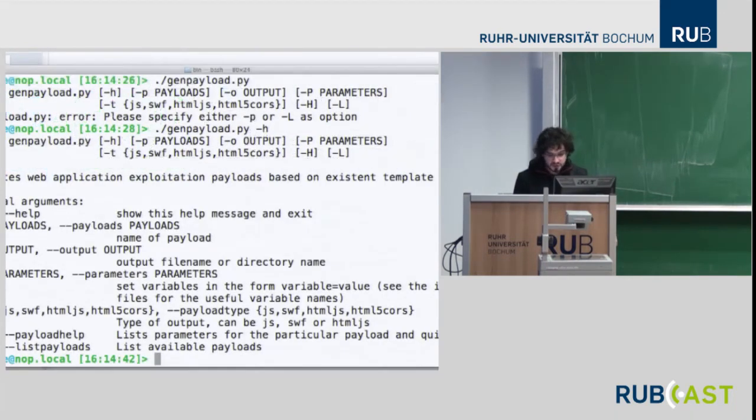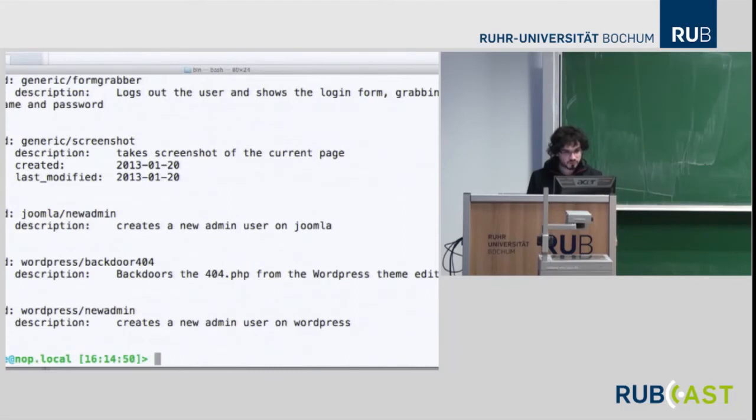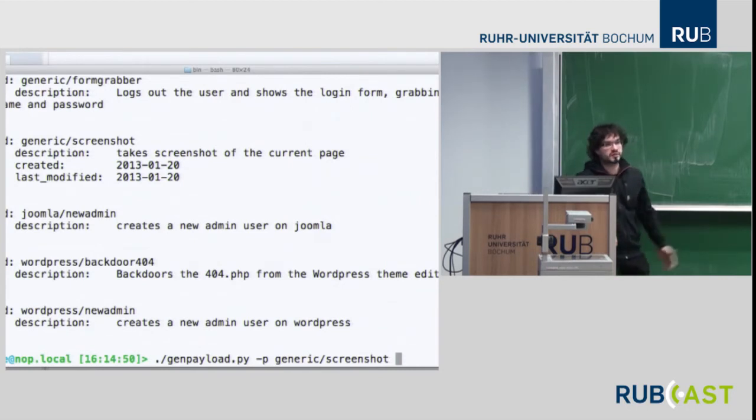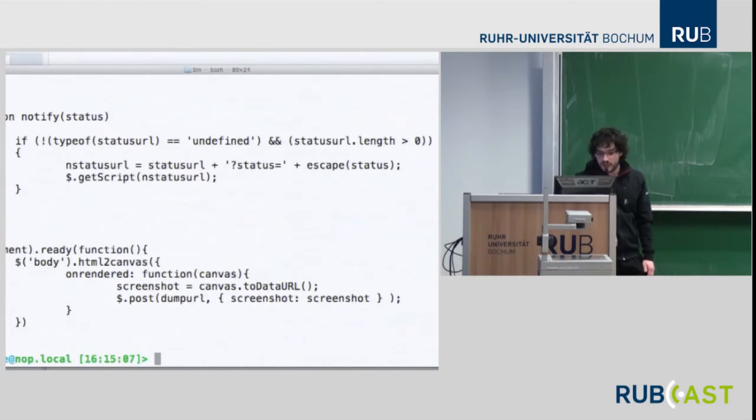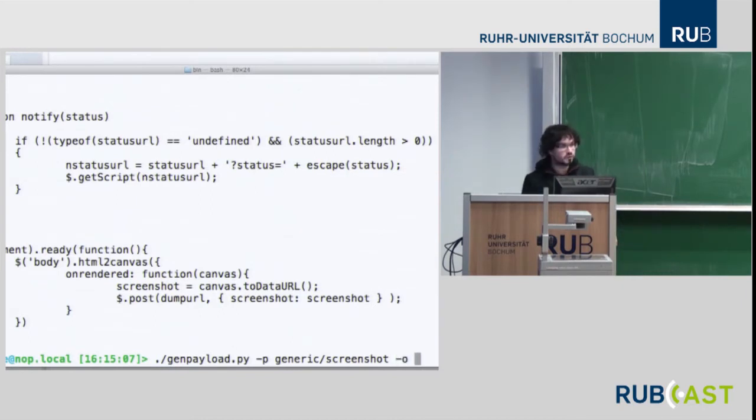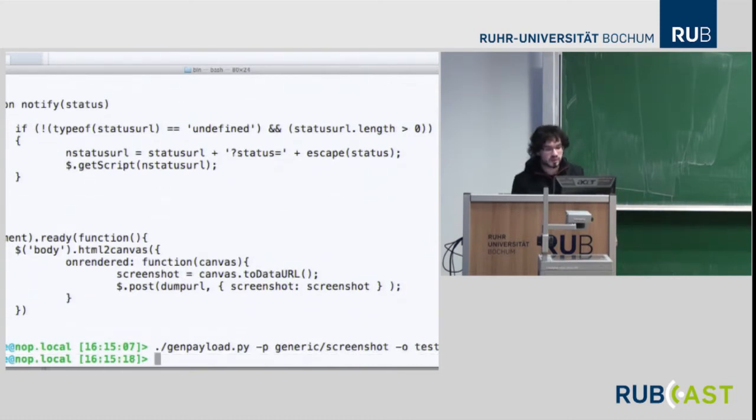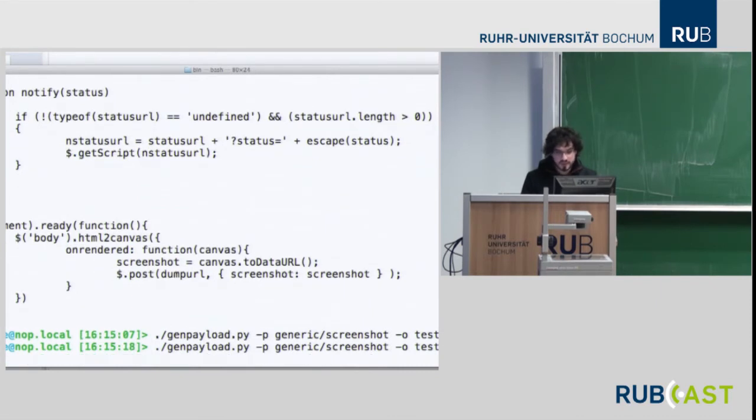So yeah, you can list. You'd usually list the payloads first. And then you can choose the payload. And if you just press enter, it will use the defaults, which might not necessarily work for you. But if you press enter, it will just output to standard output, so redirect to a file, test.js, and that's it. And then you can pass it